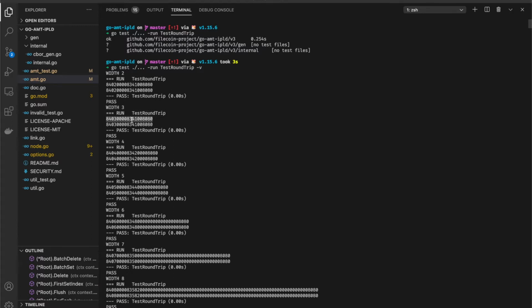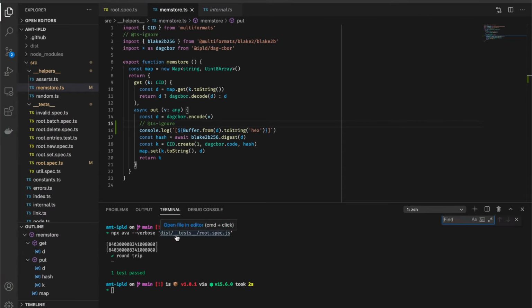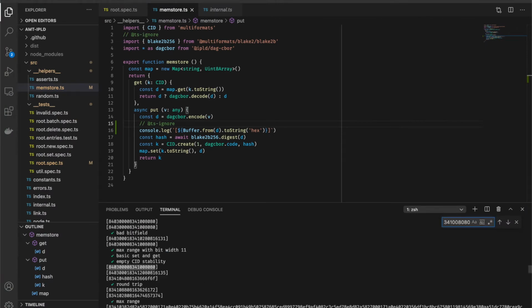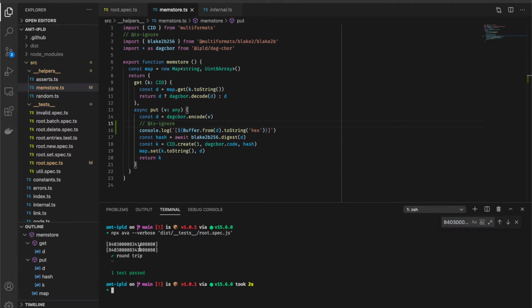So in theory, that should be the same string as ours, which I believe it is. So that's cool, I can confirm that. I think this is just the empty store, and we're generating the same